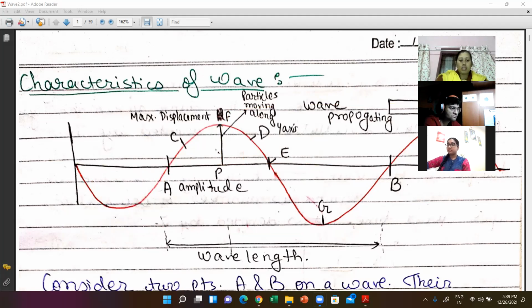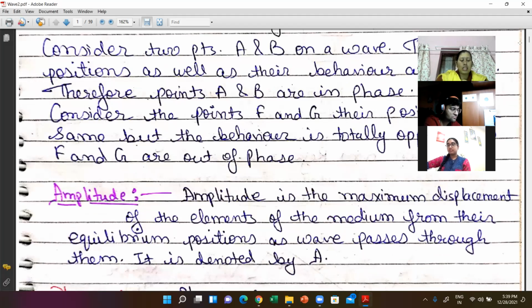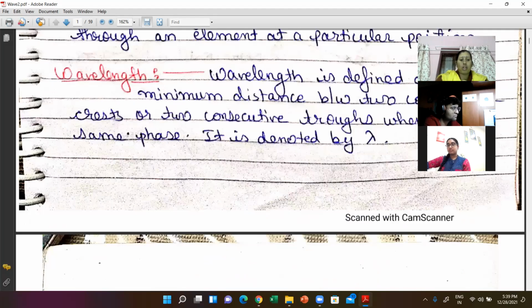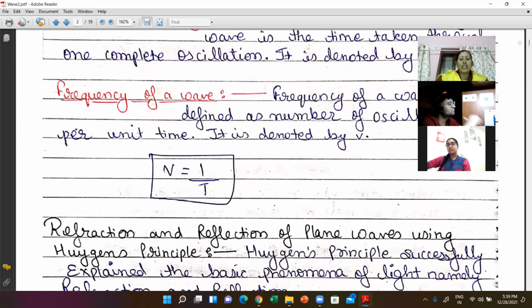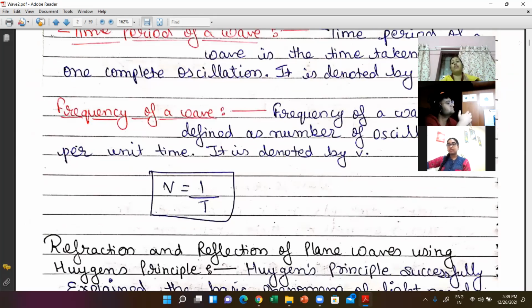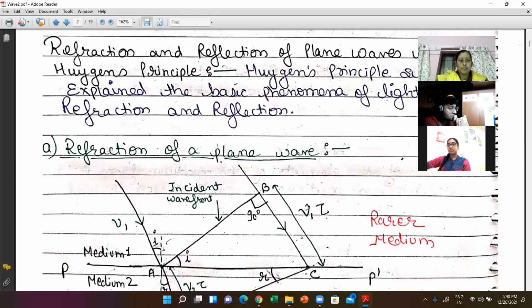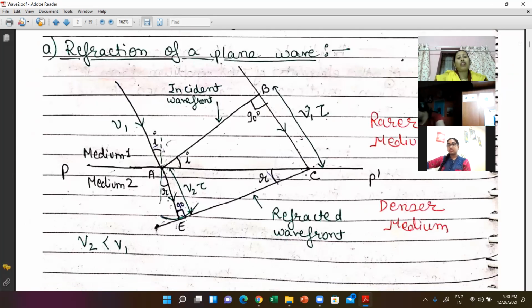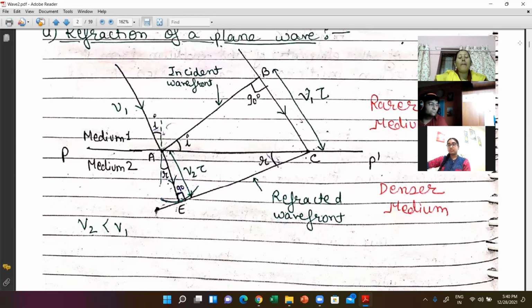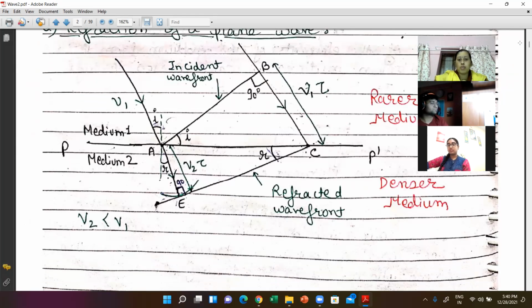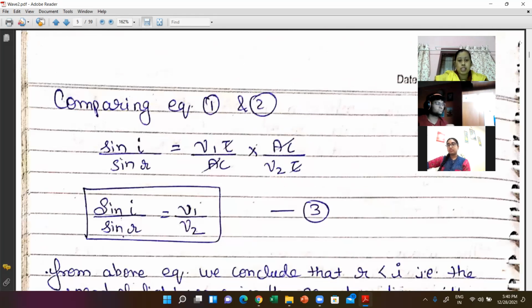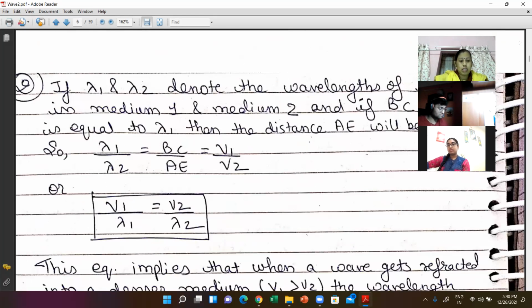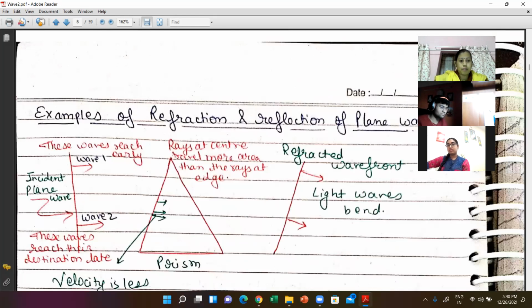Now the next part. Now these are the phases. Also, I have taught you what you mean by the phase. Frequency, that is how much the wave is oscillating in 1 second. How much wave is oscillating in 1 second, that is my frequency. Okay, all these things we have already studied. Now, refraction of a plane wave. Before going through this, I just want to teach you one more thing, because this thing we have studied a little bit.